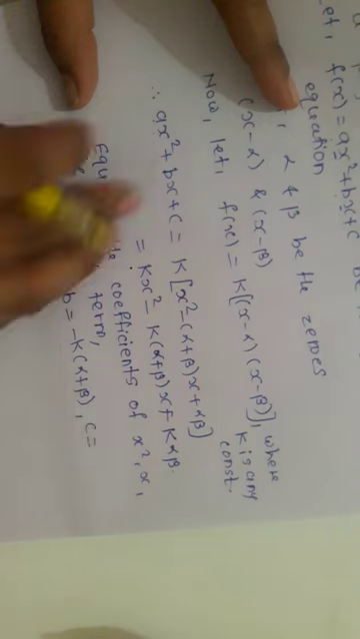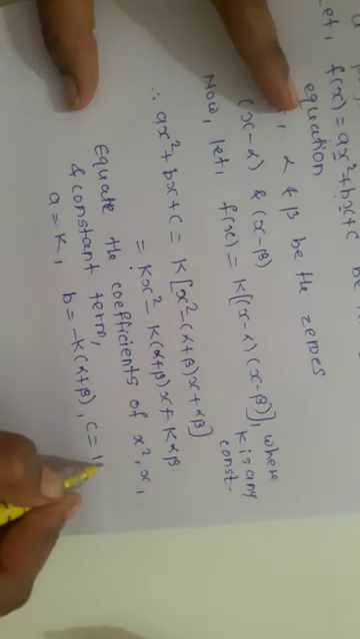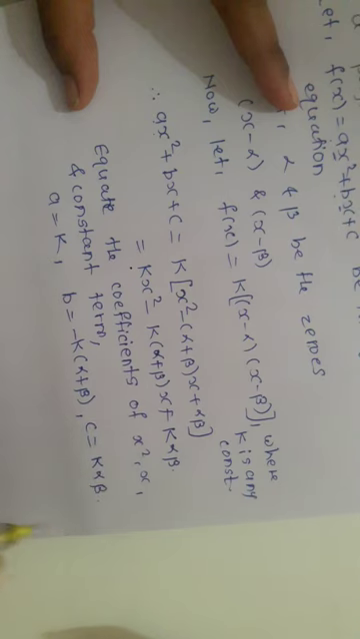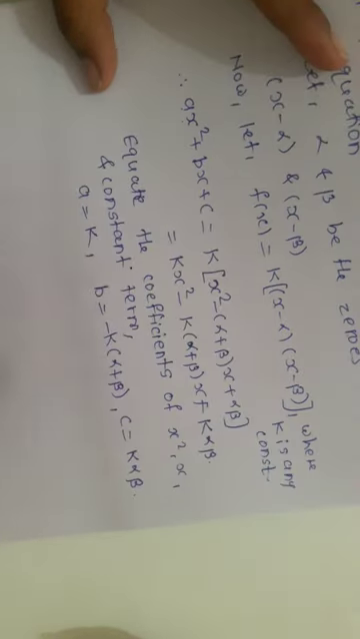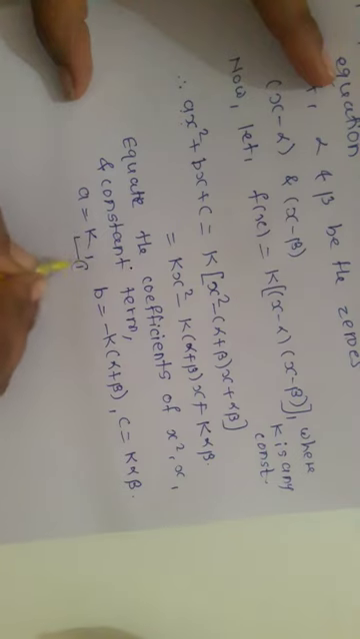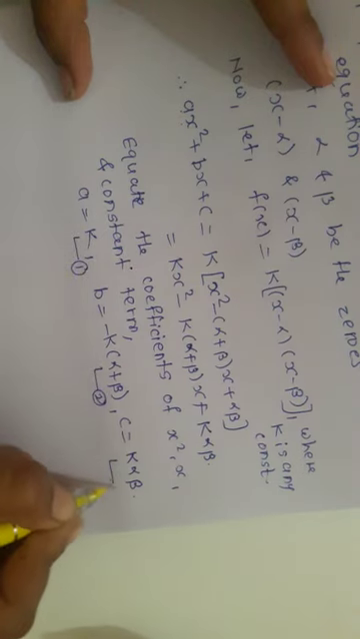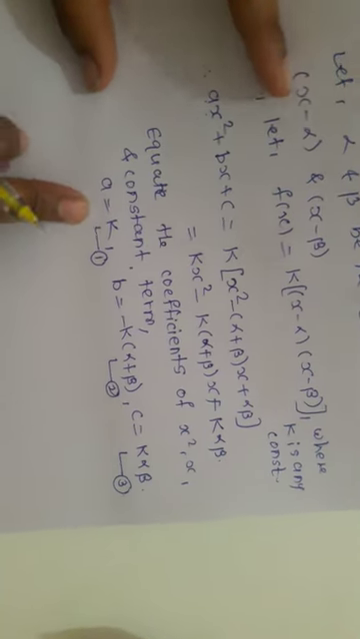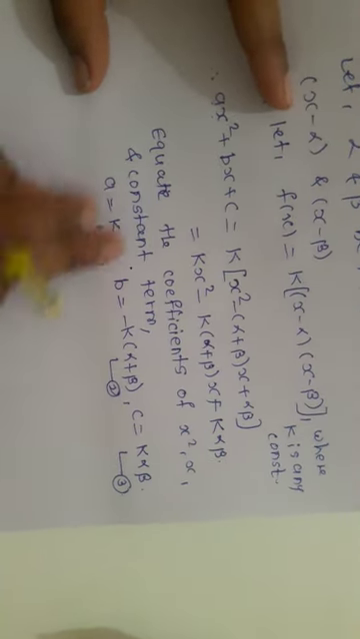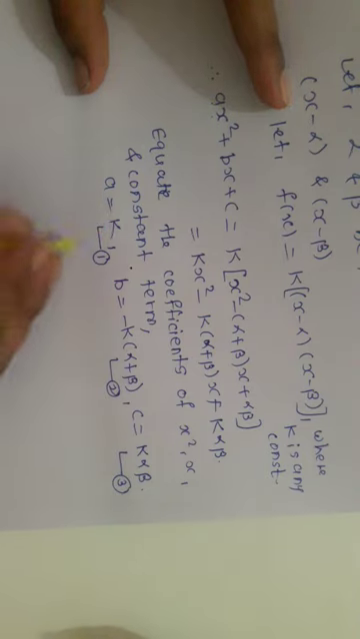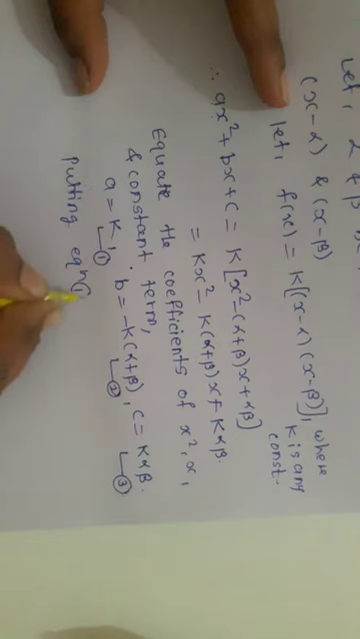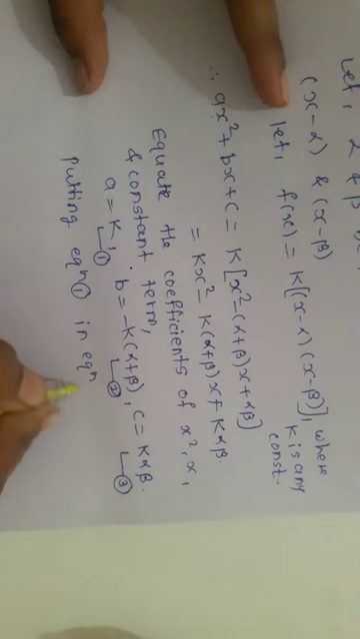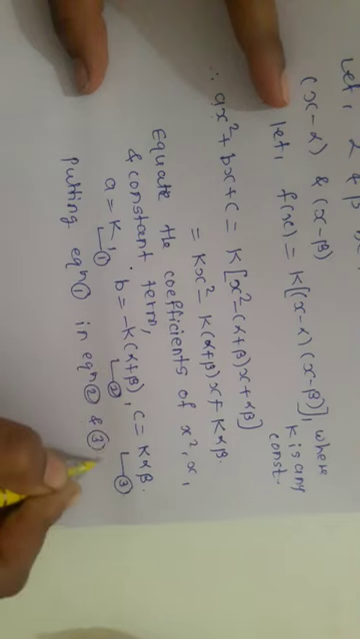And again c is equal to the constant term, which is k into alpha beta. Now call these equation number 1, equation 2 and equation 3. Here a is equal to k is obtained in equation 1, so put this value in equation 2 and equation 3. So putting equation 1 in equations 2 and 3 we get